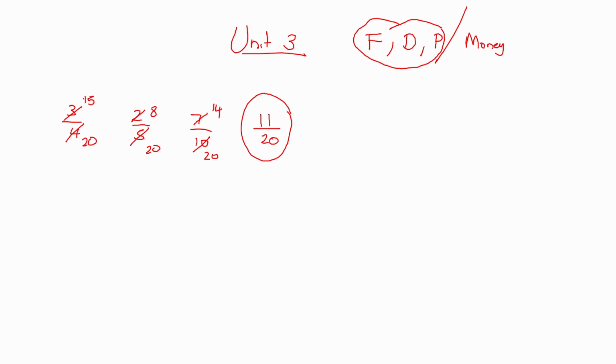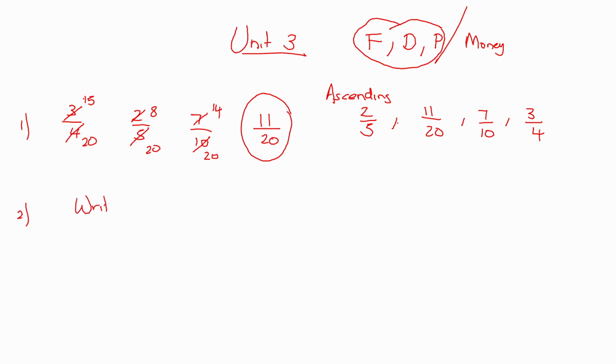So in order, this is ascending order. If it's descending, we'd go the other way, we'd put the biggest first, but ascending order would be 2/5, which is 8 over 20, followed by 11 over 20, followed by 7/10, which is 14 out of 20, and followed by 3/4, which is 15 out of 20. Okay, question 1. So question 2,